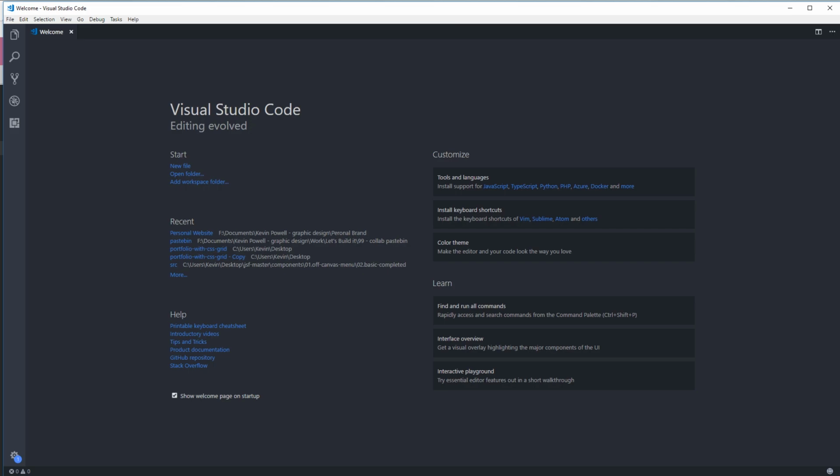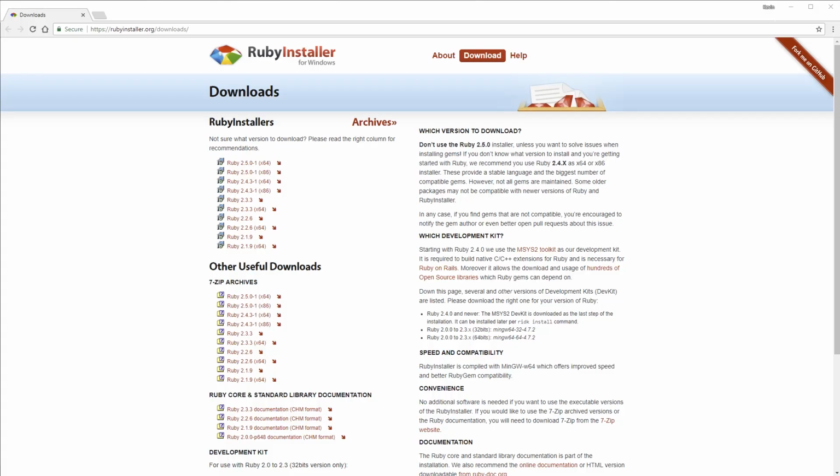If you're like me, you're on a PC, and that means we have an extra step which we have to take. If you're on a Mac, you don't have to worry about this. So that step is to install Ruby, which Sass is built on. So we need to have this on our computer. Now, installing Ruby is super easy. We just have to head over to this website here, which is linked down below, but it's just